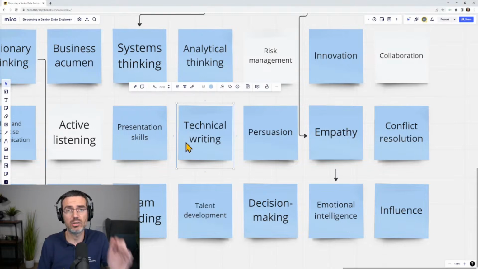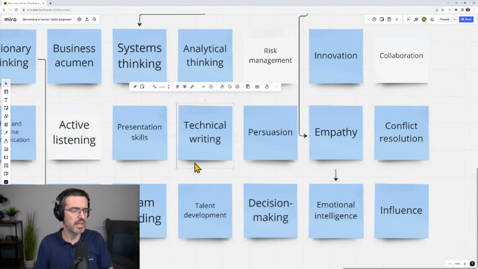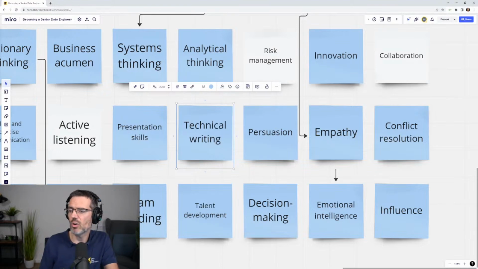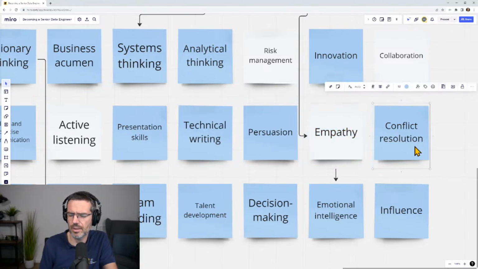Super important. Technical writing is also important: you need to be able to document your stuff, to create project documentation, to create helper documents and so on. So technical documents are very important. Should be able to write technical documentation that is clear, concise, easily understandable for both technical and non-technical. Persuasion, that you are able to persuade stakeholders to adopt new technologies or processes that will improve the organization's capabilities. Empathy we already had. Let's gray this out. Conflict resolution we also had.